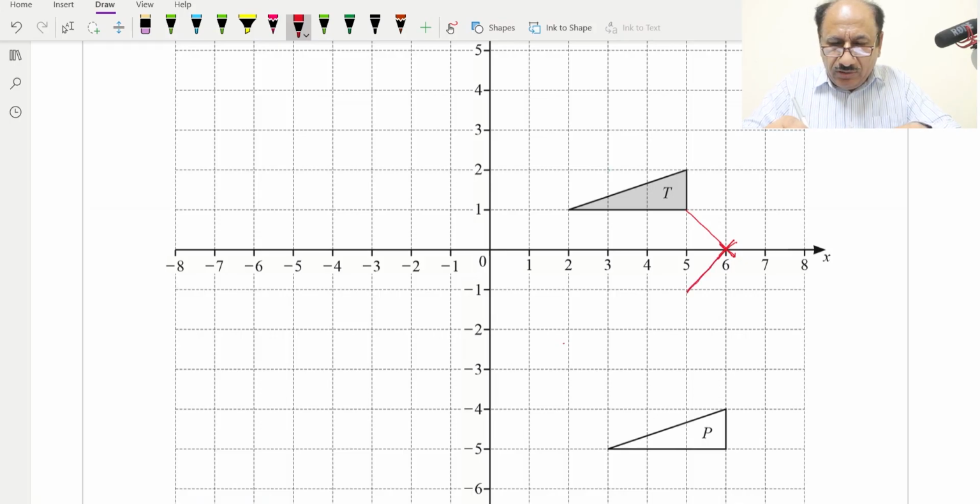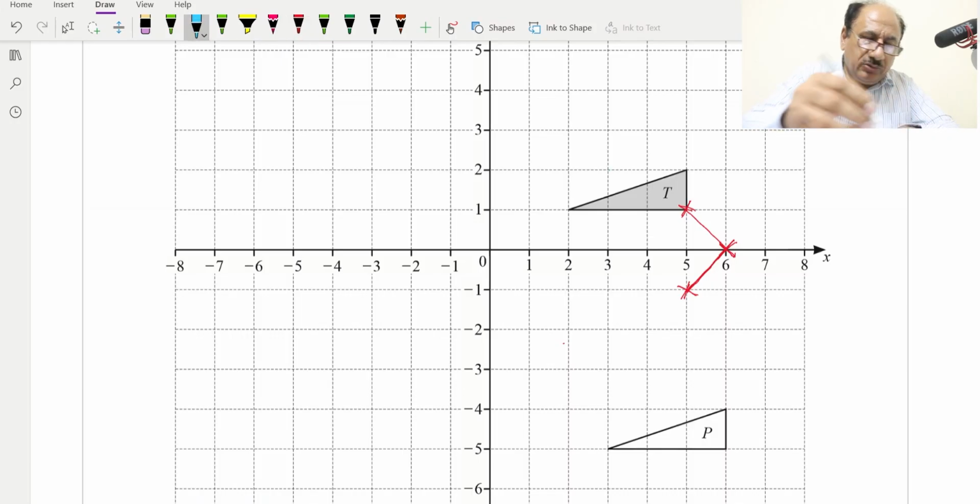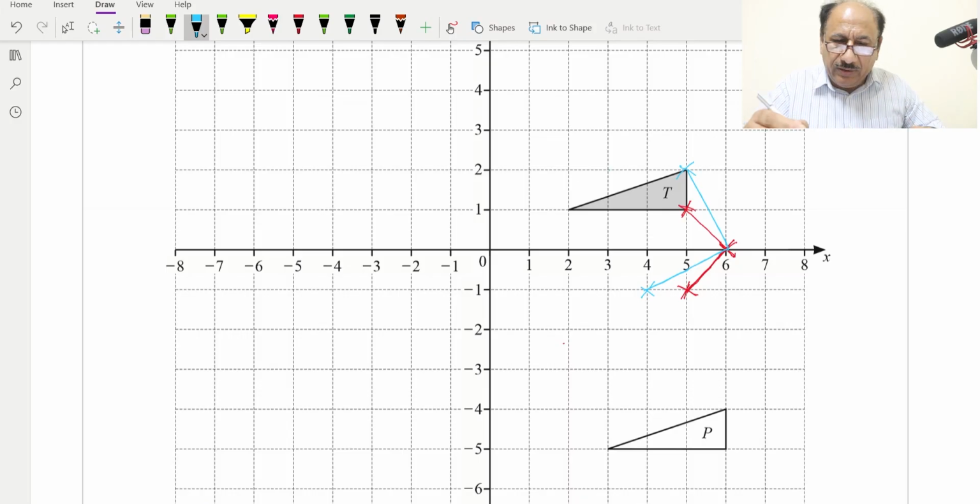So you can see we have changed this point. We have rotated this point over here. Now similarly we can rotate 90 degrees. I'll change the color so that you can identify, and this point also we can rotate 90 degrees, and this will be reaching this point. So this point will be rotated over here,